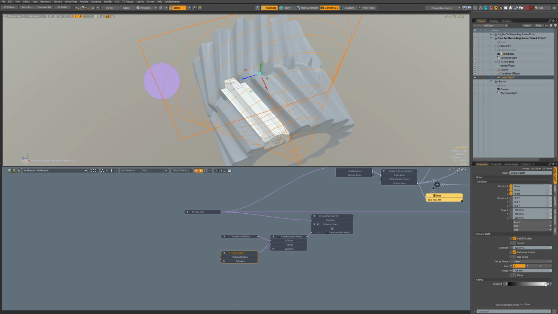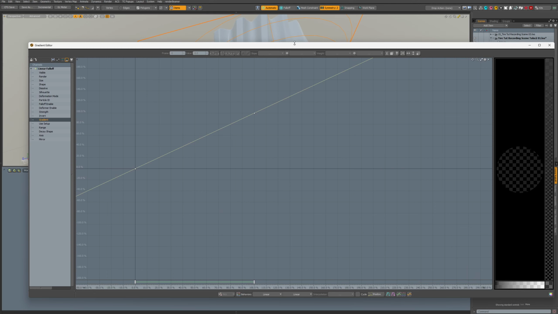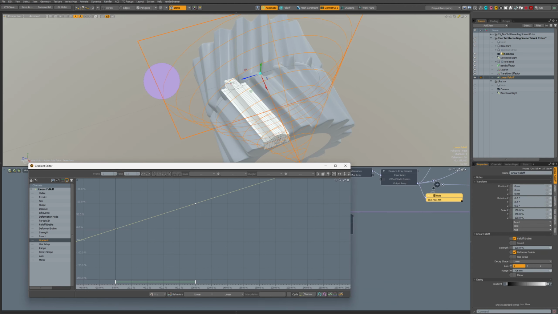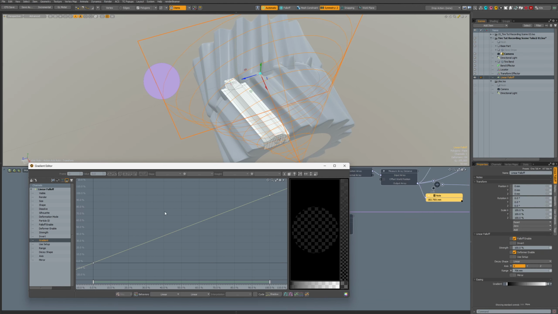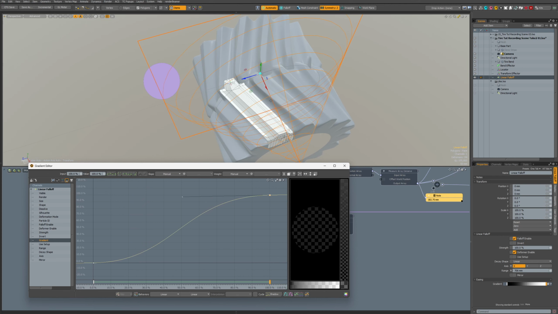Let's open in editor. This one, oh, it's huge. So at the fall off, linear fall off with some curves, so we can twist it, but there's nothing happening yet.